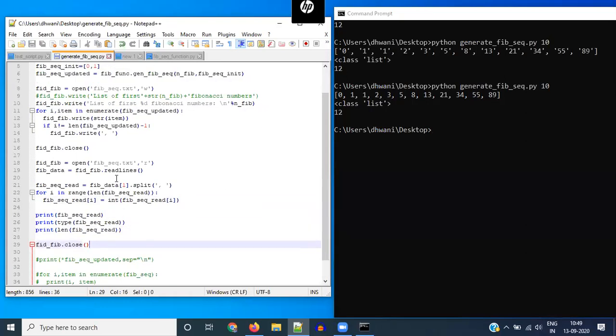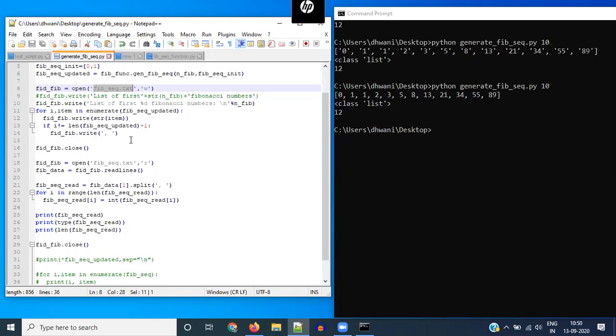Okay, so just like read and write, another operation is append, which is a, for which you have to write a. That is also a writing mode, but if you open a file in the w mode, and the file already exists, then whatever was already present in the file will get overwritten.